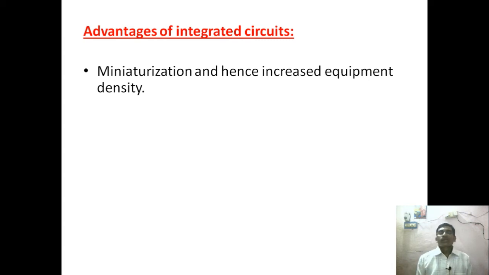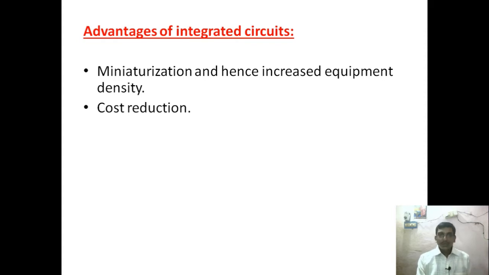How is it happening? Because of miniaturization of circuits. Large circuits can be designed using a small chip. Due to this miniaturization, we get increased equipment density, and size is also getting less.